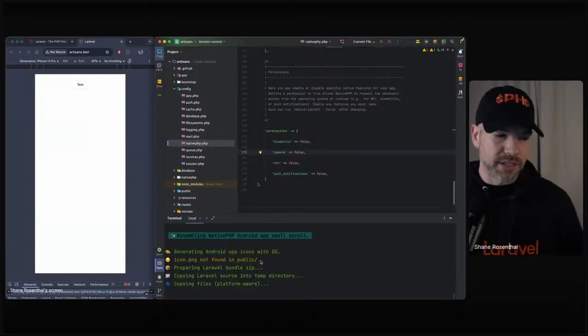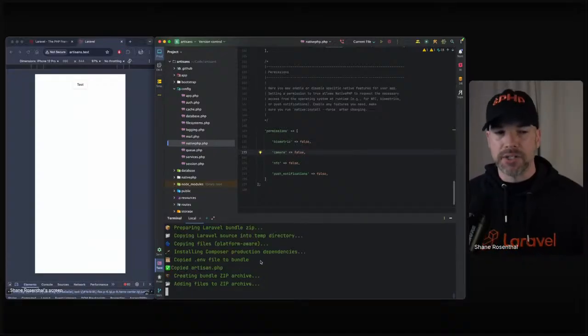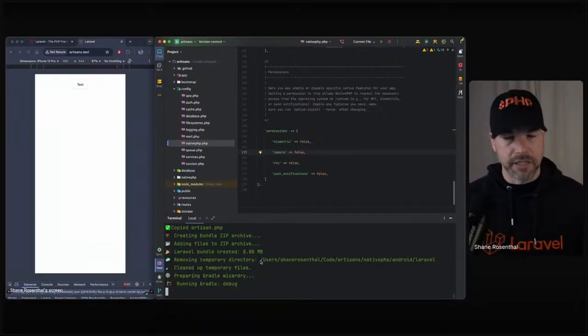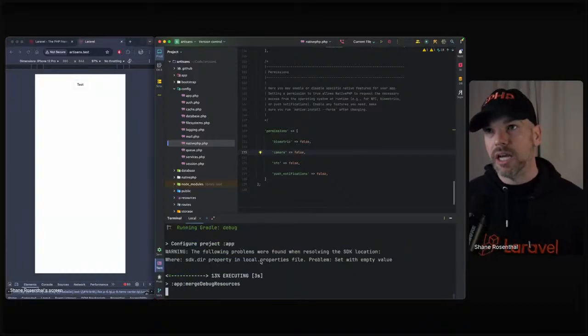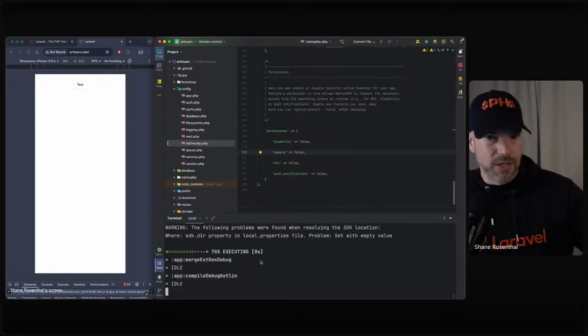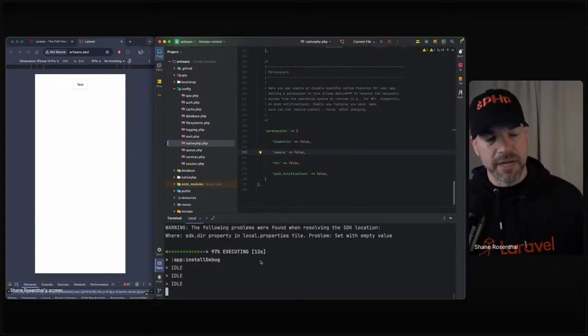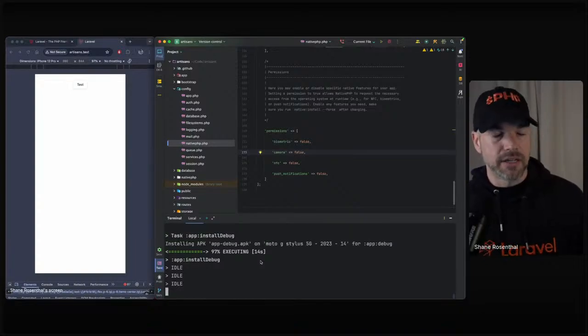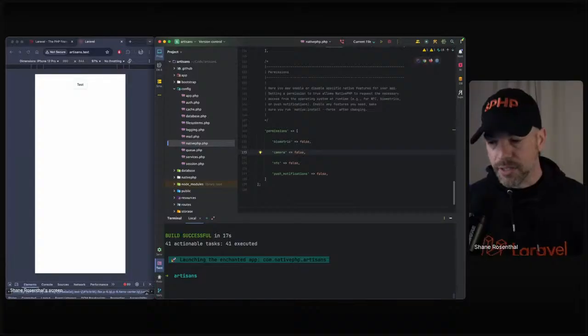So what this is actually doing right now, it's taking the entire Laravel application. It's taking out a bunch of stuff that we know that you're not going to need: .git files, node modules, anything inside of our own package like the Kotlin and iOS code. You're not going to need it inside of the app. So we're trying to make the APK in this case as small as possible, right? And it's going to take all those files, it's going to zip them up, and it's going to put them inside of a directory